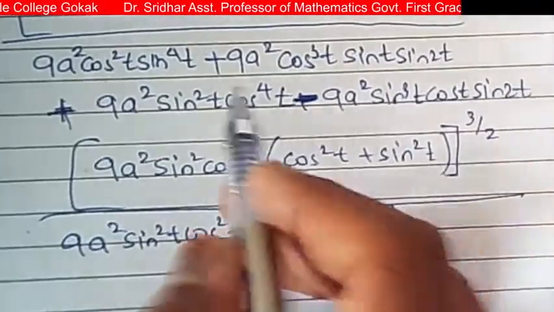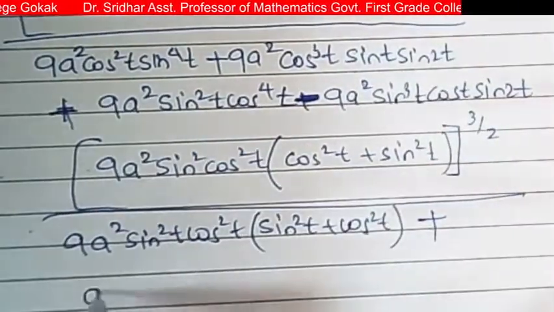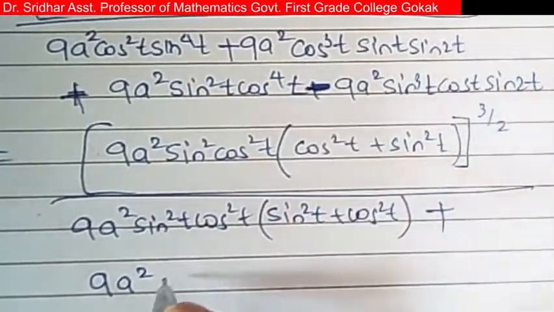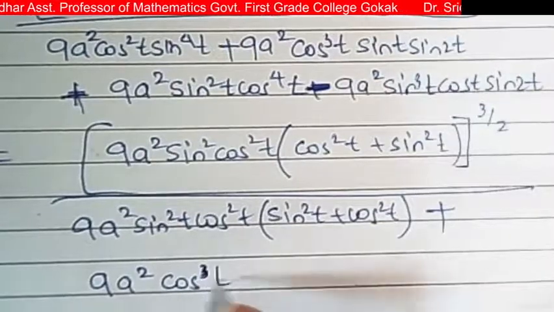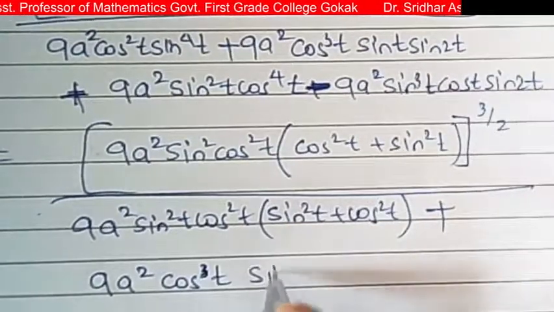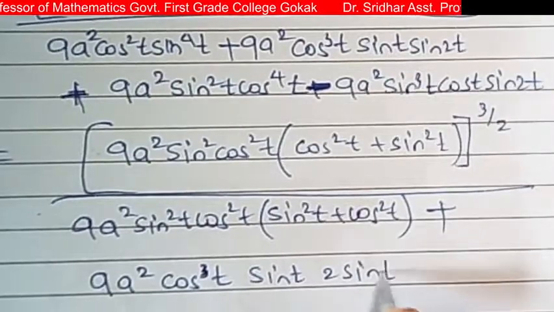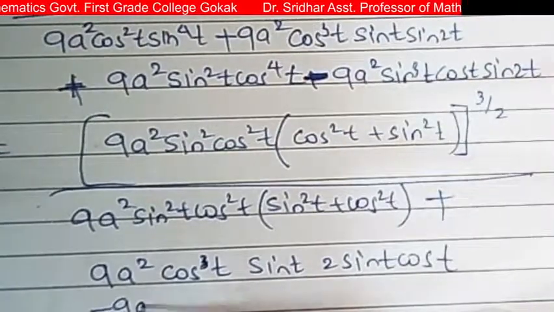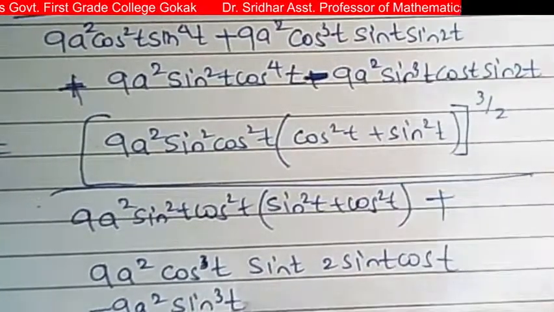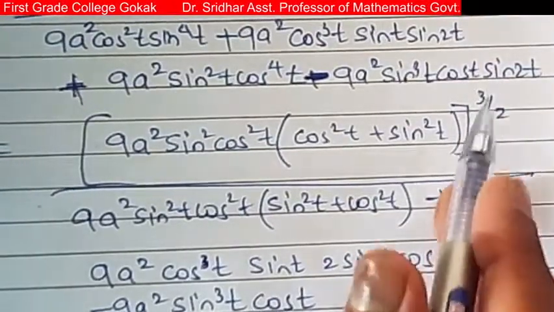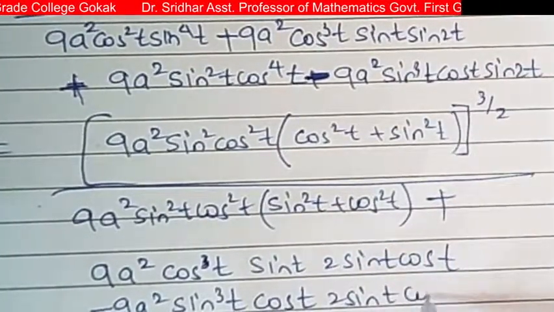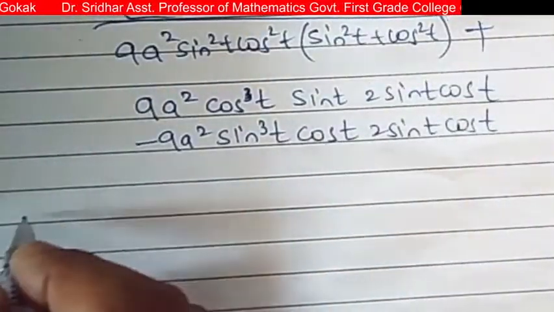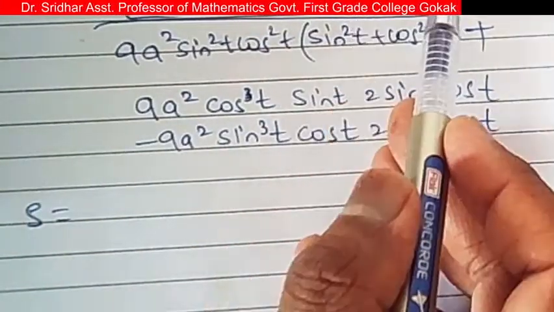Then plus, this is 9a square, then I write cos cube t into sin t, and sin 2t is 2 sin t cos t. Then similarly minus, this is 9a square, again I write the same thing, sin cube t, then cos t, again sin 2t is 2 sin t cos t. Then afterwards rho is equal to, now this cos square t plus sin square t is 1,